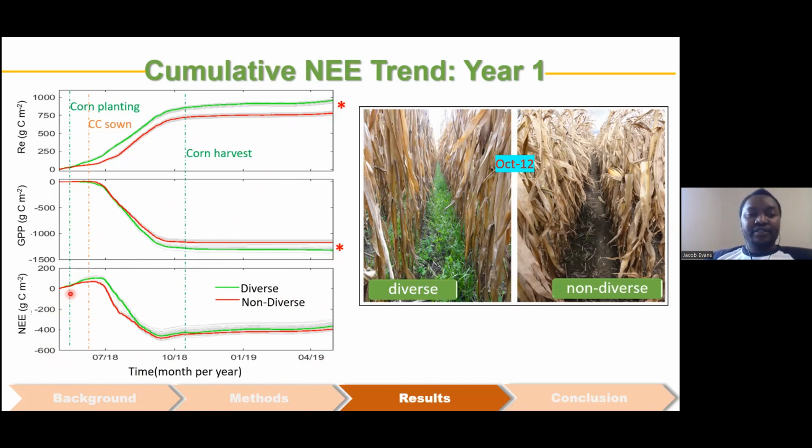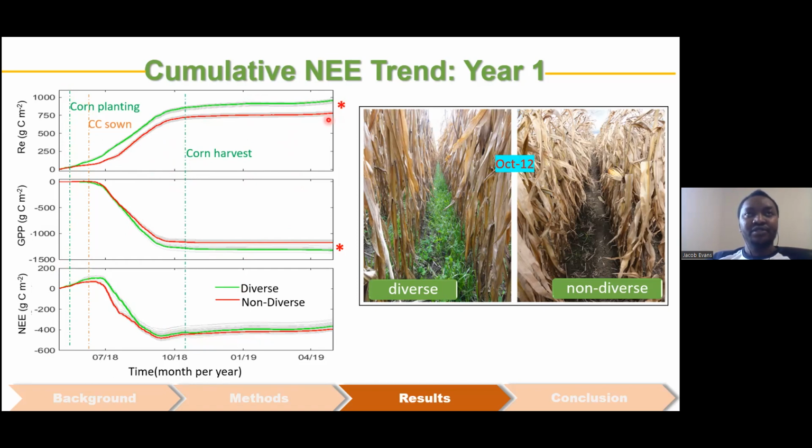The green and the red curves basically show the diverse and the non-diverse treatment respectively, and the vertical dashed line shows when plants were either sown or harvested. The gray lines, visible in some and not visible in others, are the 50 artificial gap field scenarios I talked about earlier, so that the deviation of these numbers gives the error term used for comparison